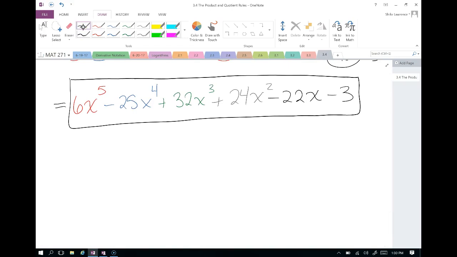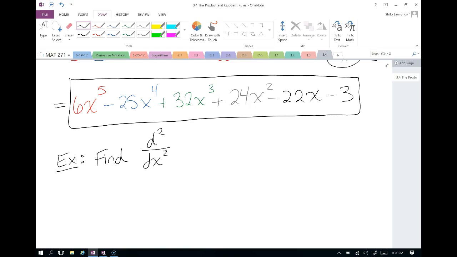And I want us to look at one more, but in this one, we're going to find the second derivative. So remember, if you see a little superscript, it's not an exponent. I don't want you to raise it to a power. This is a superscript, meaning second derivative. We want to find the second derivative